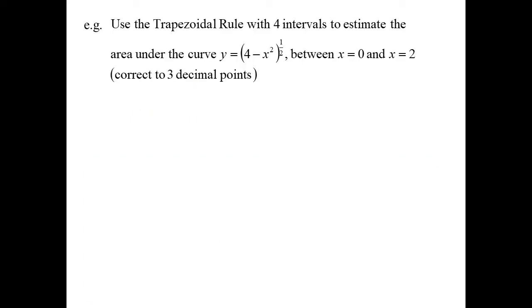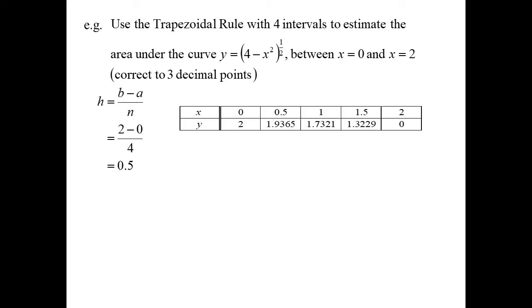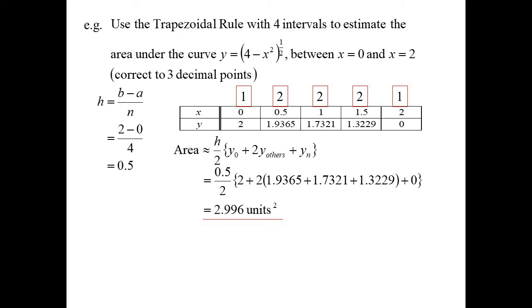So let's do one. We're going to estimate under this particular curve the square root of 4 minus x squared, because of course at this stage we don't actually know how to integrate that one. So the heights, they've told me 4 intervals. So therefore I'm going to divide by 4, 2 minus 0, so half. We're going to be going up by half. I drew up a little table of values then, and the way I do this, there's the formula, is my table of values just above it, just to remind myself. I say, righto, I know it's 1 times the end ones, and all the others I'm going to multiply by 2. So when we sub that all in, we get